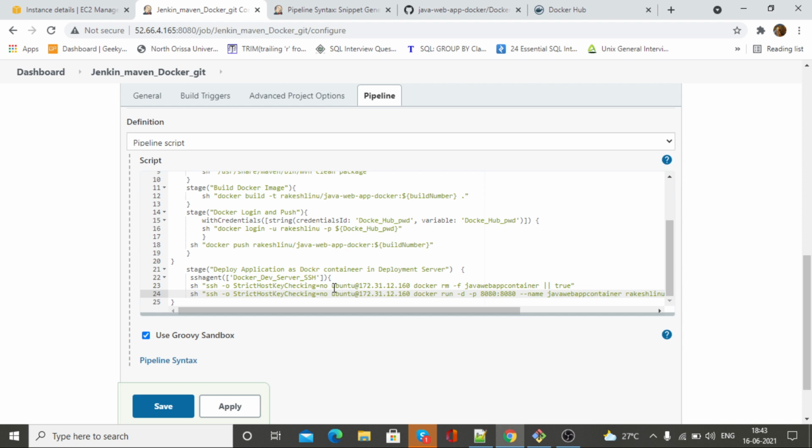Okay, so for that I have put no, then user ID, Ubuntu server user ID, then at the rate IP address, then docker. Why am I deleting this? This will be the container. So why am I deleting this file? Because if it is the first time, then it's not a problem.